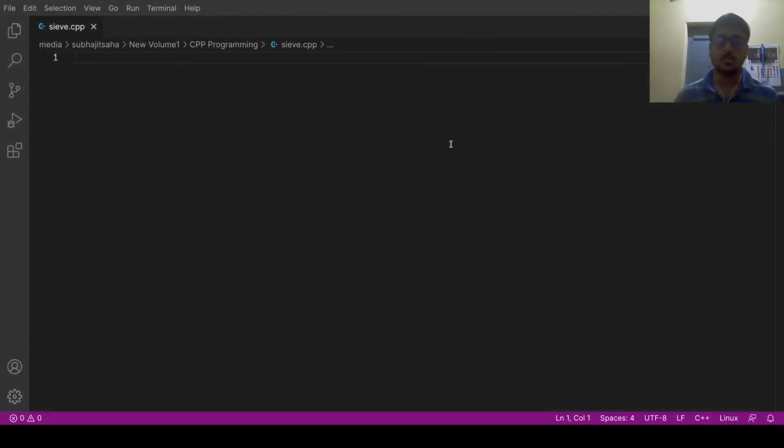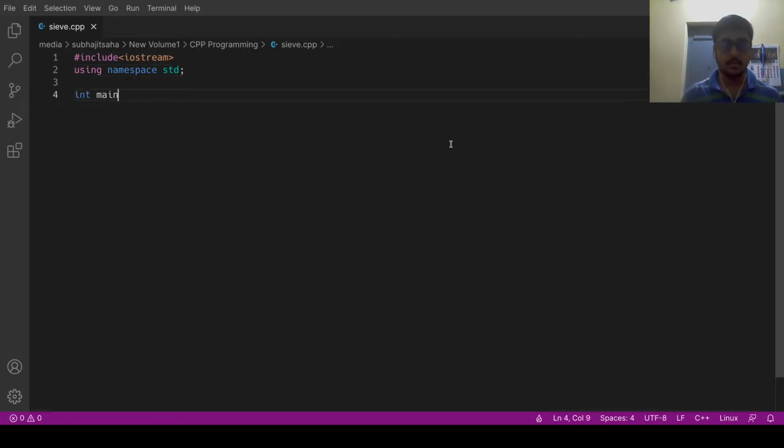Okay, so now I am going to implement the logic of the sieve of Eratosthenes which I had explained earlier. So I start the code: #include <iostream>, using namespace std; int main. Okay, so I'll be implementing the logic using a function, and I'll be calling that function from the main method.